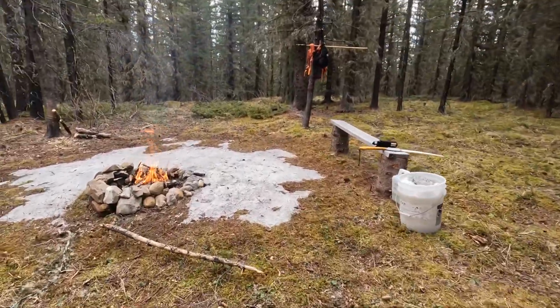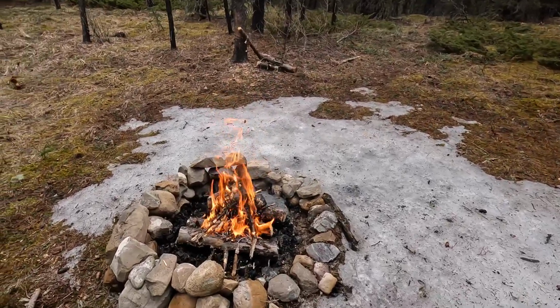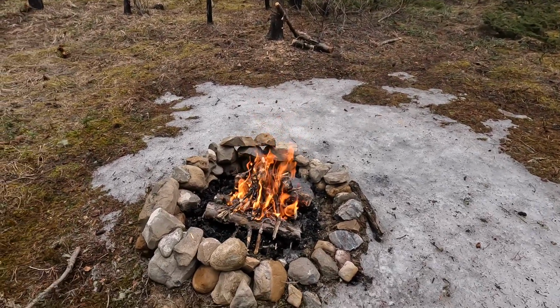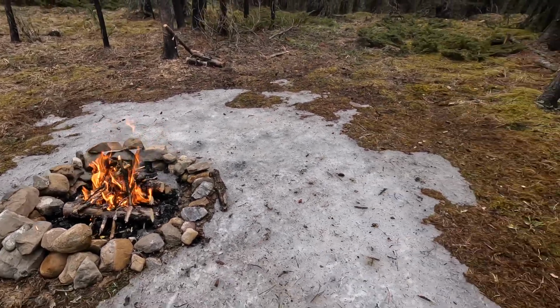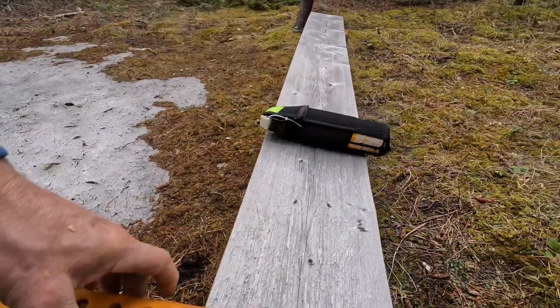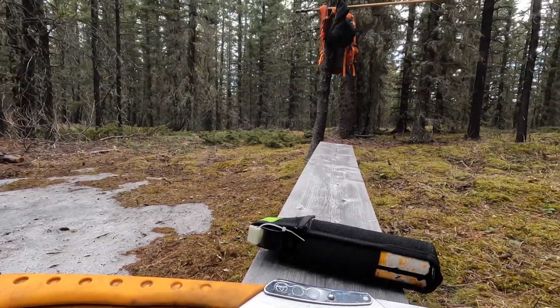So I will let that die down a little touch. I just want to get the heat into the logs in the bottom. Once those bigger logs in the bottom start to burn, then I don't have to worry about it. It'll do its own thing there. So let me set this up over here. Now I do have, because it's this time of the year,